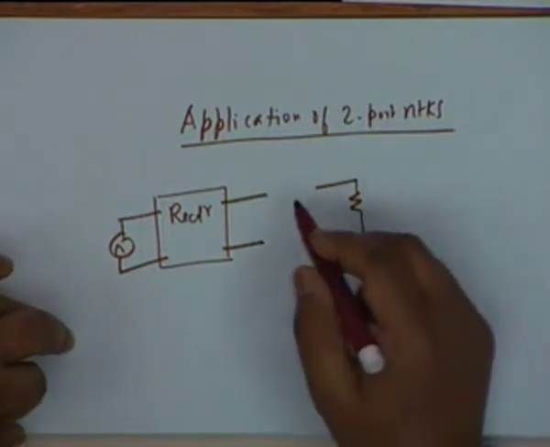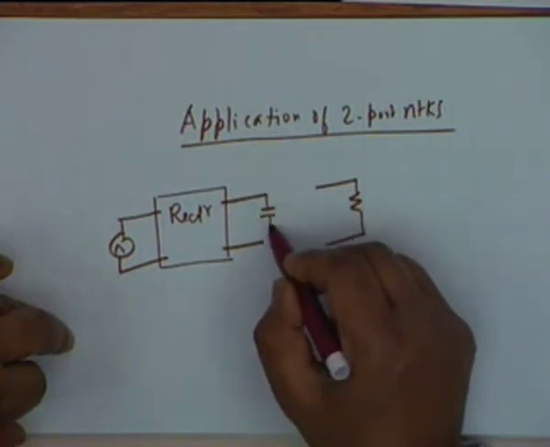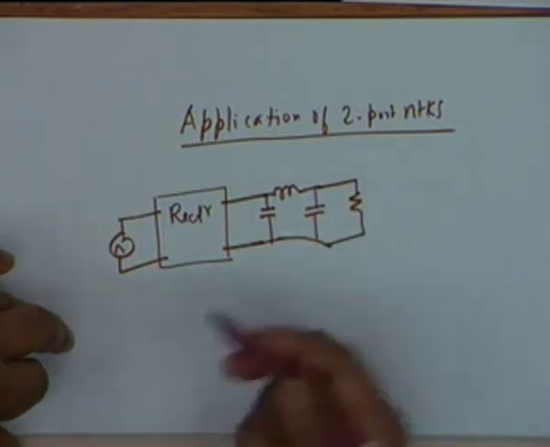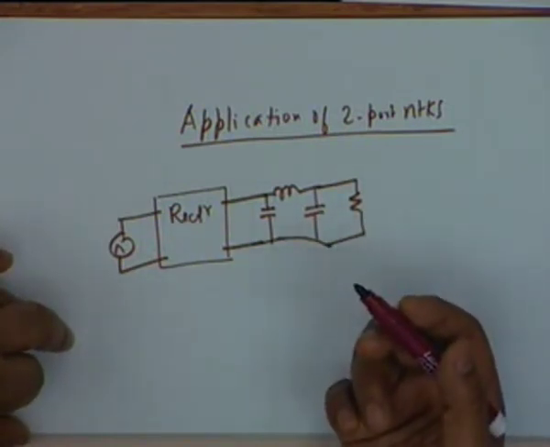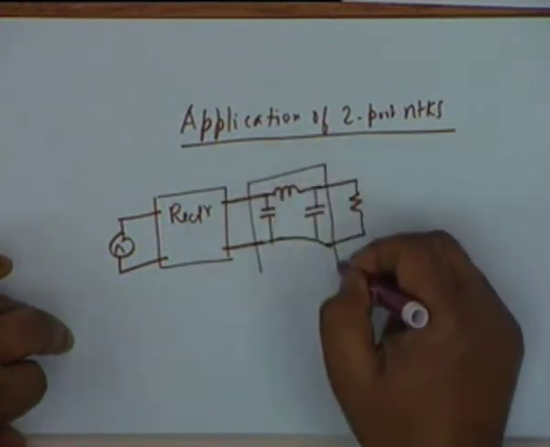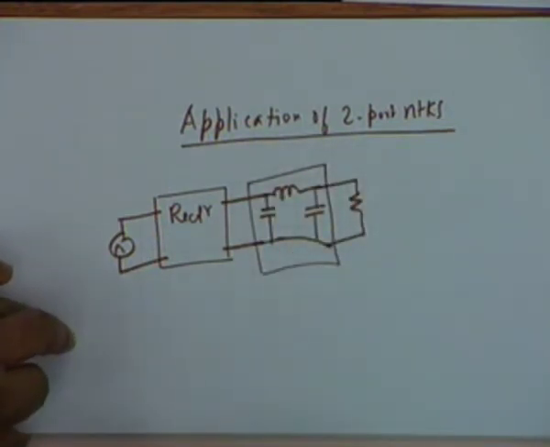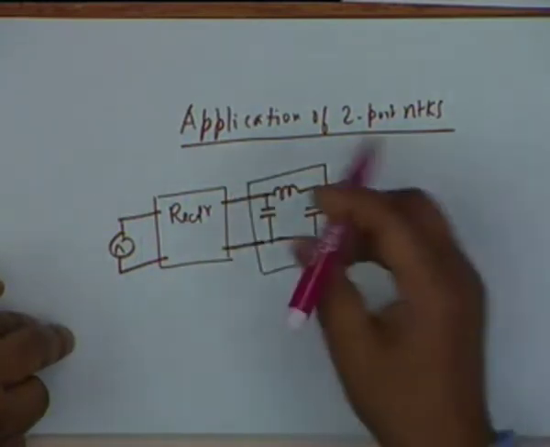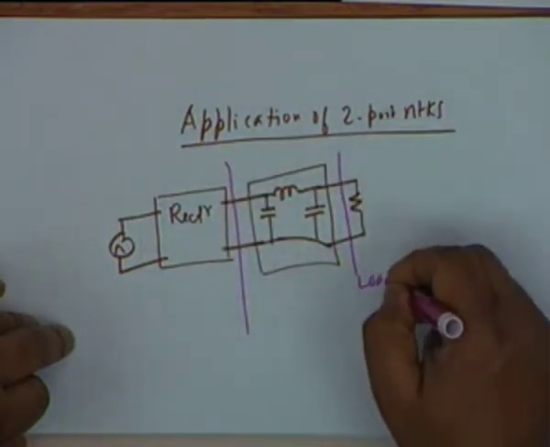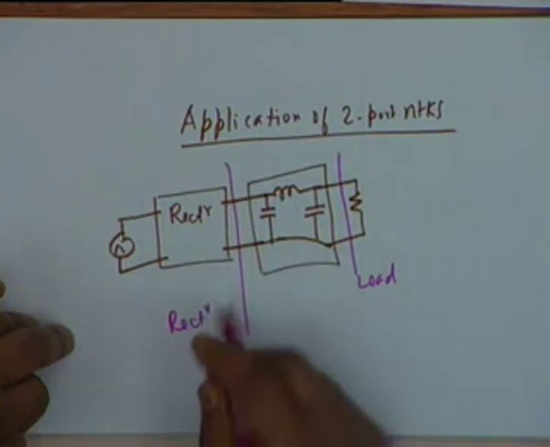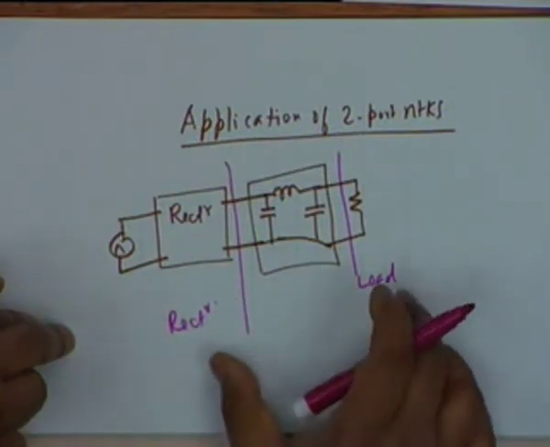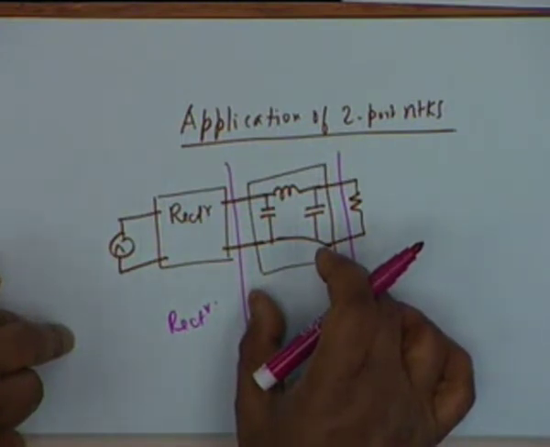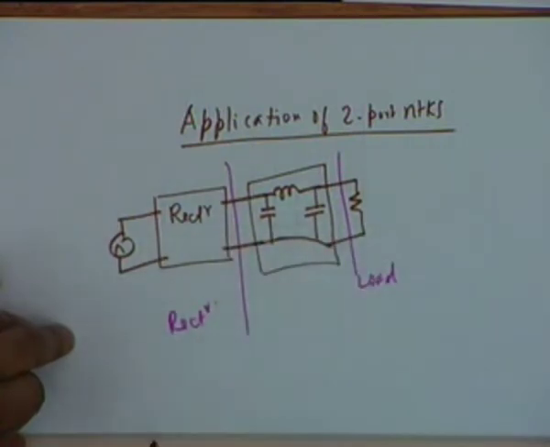And we have seen simple filters. For example, you could have a pi filter here, okay? You could have a pi filter or you could have an L filter, all right? Now, the filter, obviously, is a two port network, all right? So a two port is used to couple the system, which is the rectifier system, to the load. This is the load and this is the rectifier. So rectifier to load, the filter, or the two port, acts as a coupling network, all right? It couples one system to another.